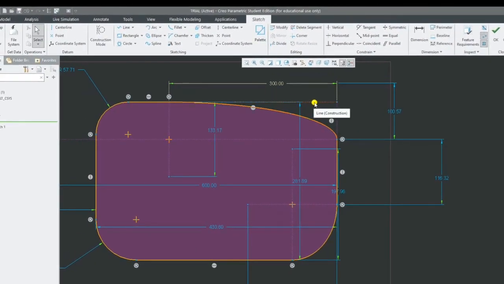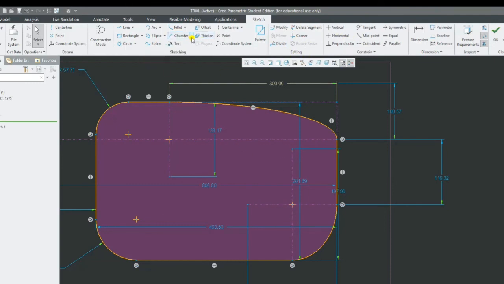In the fillet, every part has two types. One is called circular, and the other is circular trim. Trim completely removes the construction lines also and trims it. The details of the trim and everything we are going to discuss when it comes to the editing tools, at that time we are going to discuss in detail.